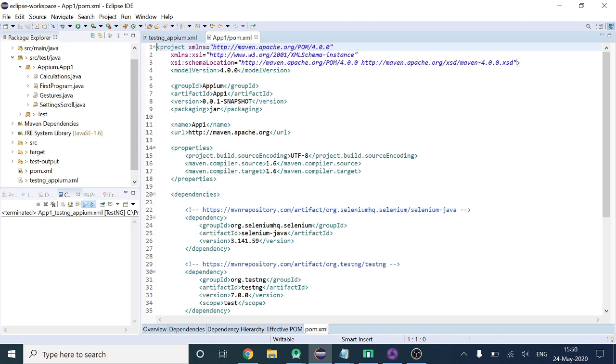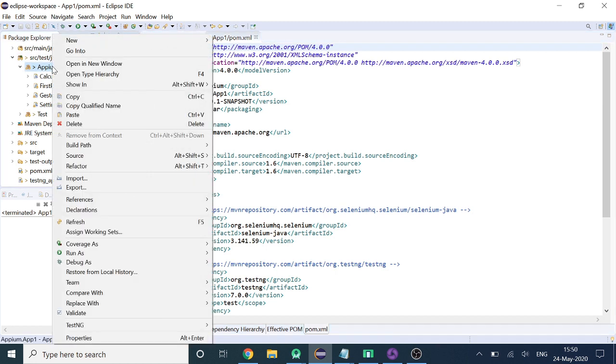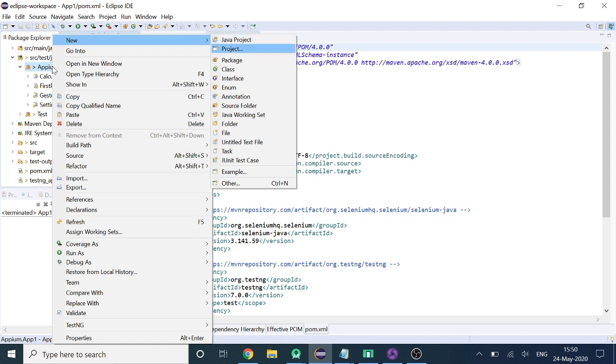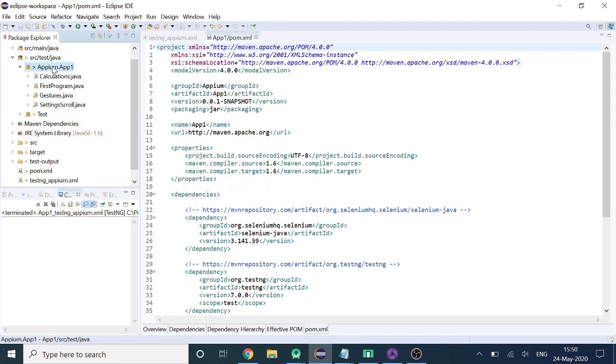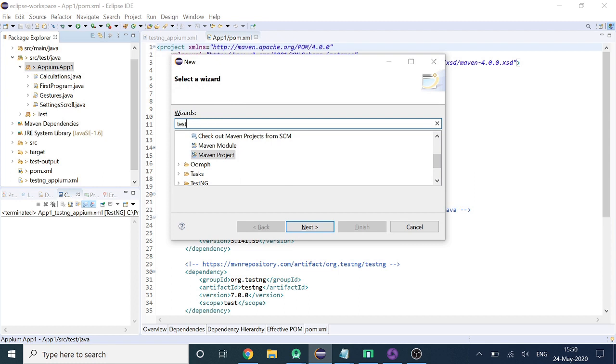In this video, we are going to see how to automate any browser in an Android device. So we are going to use Chrome browser for this particular purpose. Let's create a new class. We'll create a TestNG class.